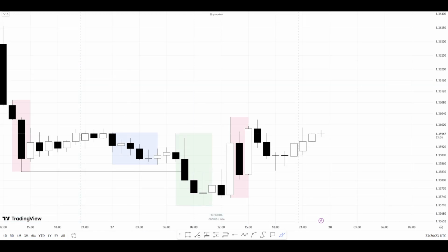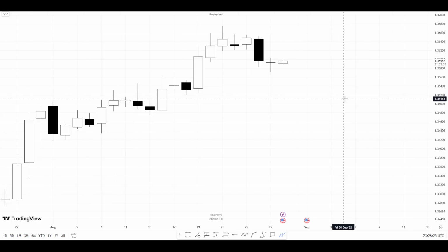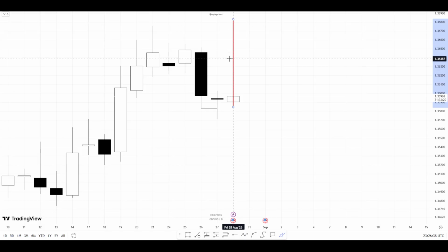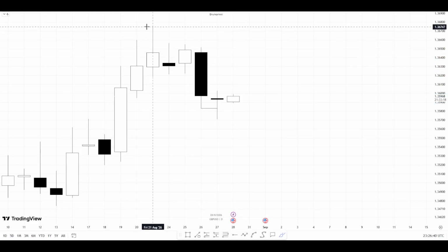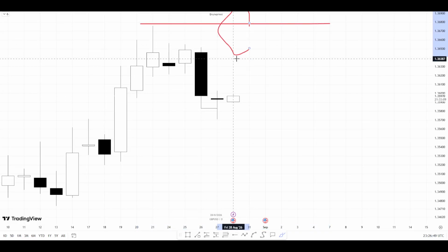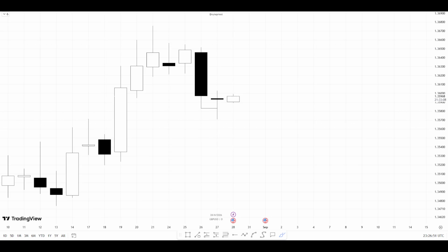So on the GBP USD, you can see that we also closed above this low here. Okay. So we're expecting price to then have a C3 continuation to the upside. Okay. So this is our relevant high on the daily time frame. So we'll be expecting price to then test this high. Okay. So on the four,